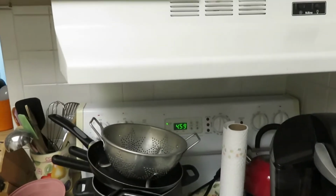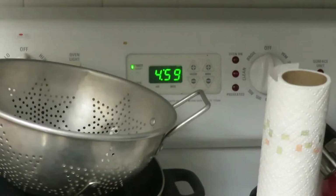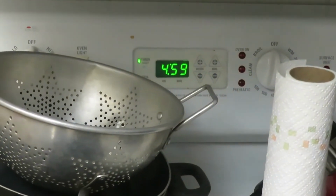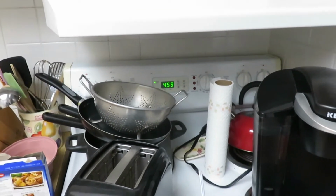I'm hearing them popping. But that's normal. But anyways, right now, as you can tell, it's counting down. See on the stove. Ooh, AC feels good. See, it's 4:59 now. So it's counting down. Like I said, excuse the mess. I'm working around it. But anyways, once it gets cooked and everything,